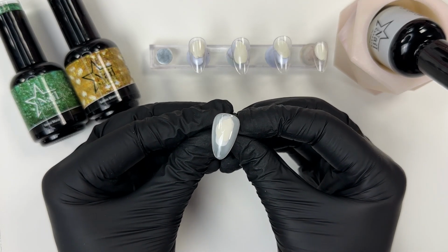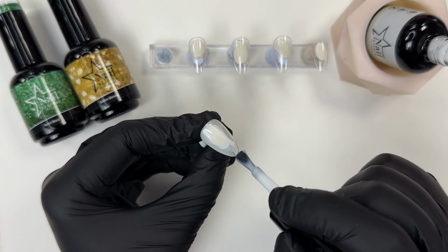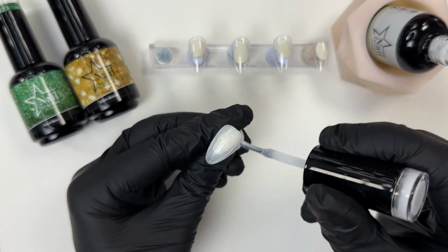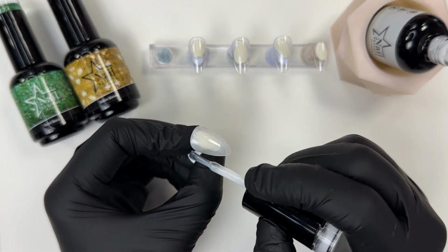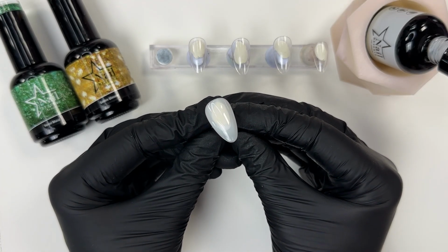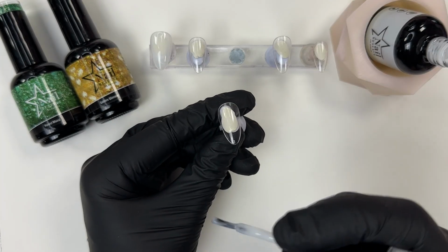It is just a really pretty wash of milky white, but I want to build it up just a little bit here. So we're going to go ahead and do another coat. And I like the brush. The polish is applying really nicely over the nail. Now I am applying this to a jelly tip that does not have a layer of gel base to it because I really wanted to see how it was going to apply on that bare jelly tip, and it did not disappoint. So I'm actually really surprised by how well this coverage is and how beautiful this looks with two